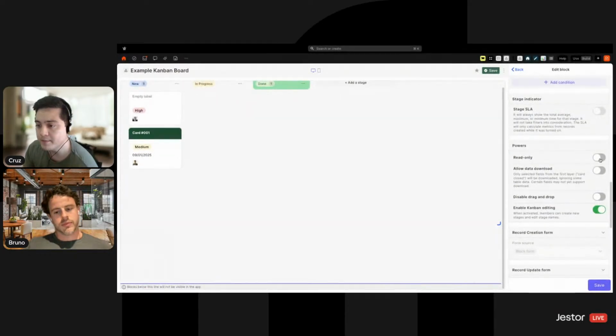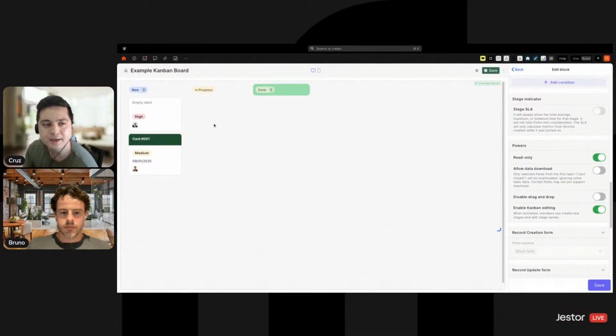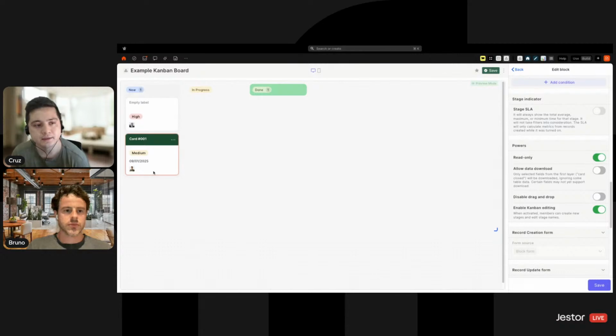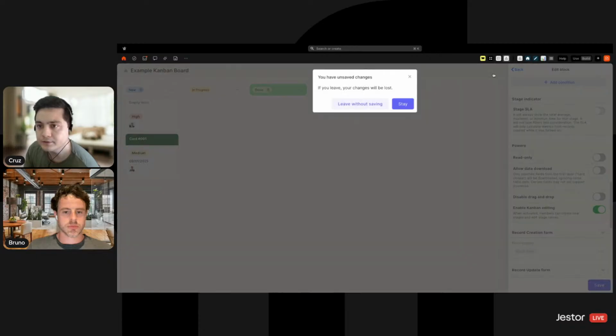So maybe you want this Kanban board to be read-only, so people cannot create stuff, they cannot change the stage, they cannot change the information inside. So you can activate read-only. This toggle is going to do that. You can click on allow data download. So if I hover the cursor here,